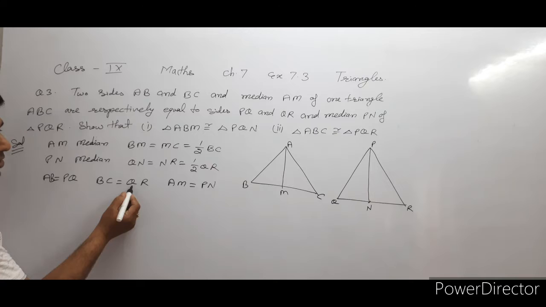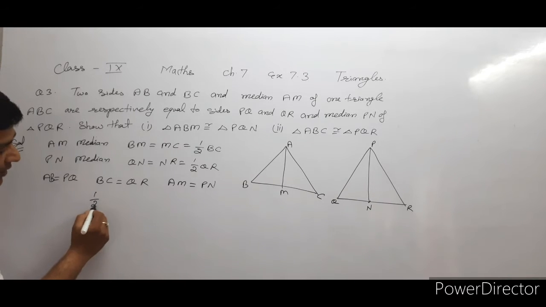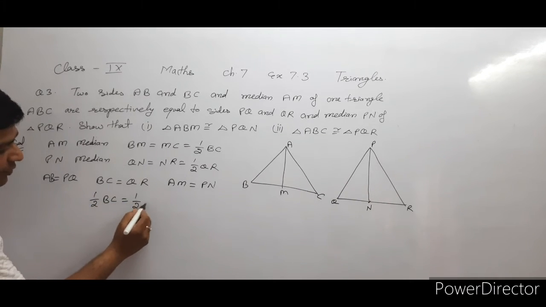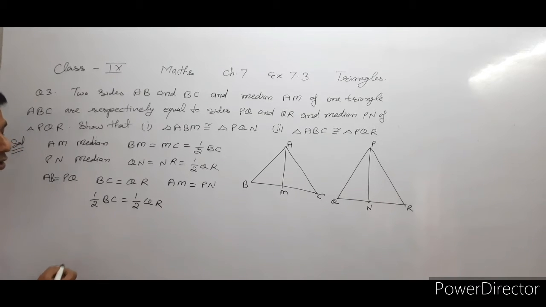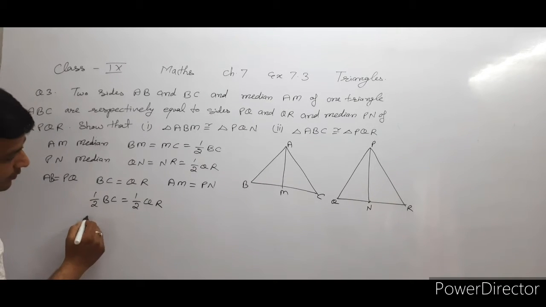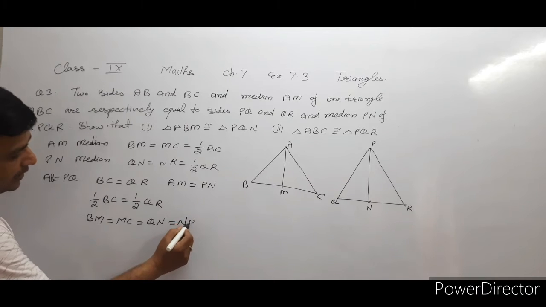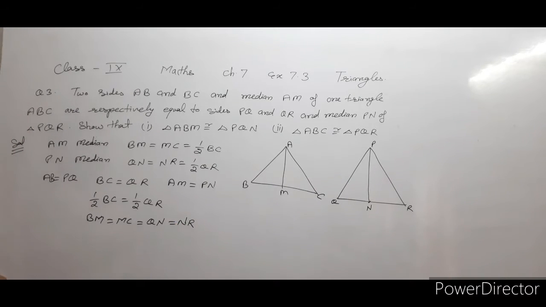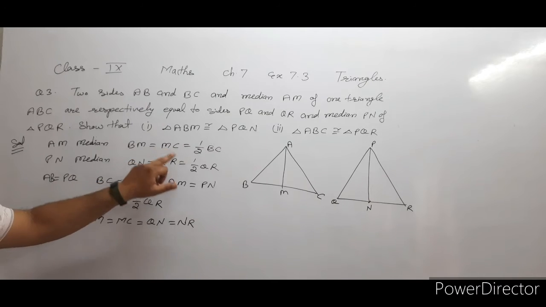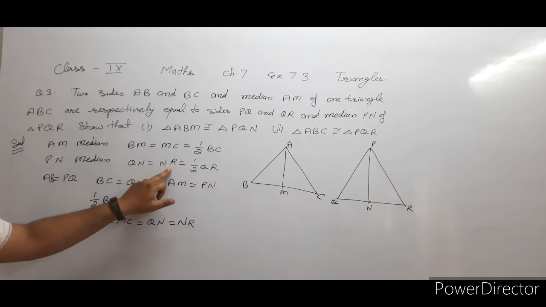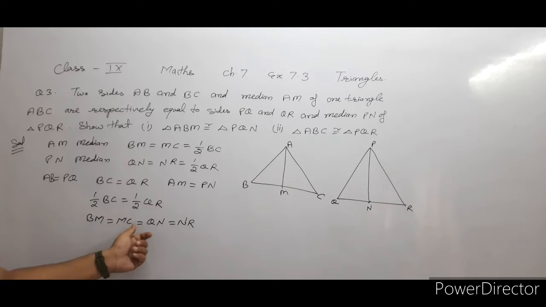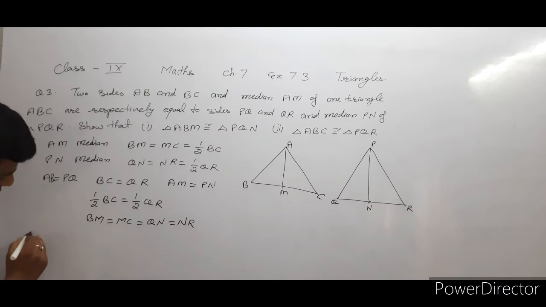These three sides are equal, it's given. If BC is equal to QR, that means half of BC is also equal to half of QR. Or we can write that BM equals MC equals QN equals NR, because half of BC is equal to BM and MC, and half of QR is equal to QN and NR. It's given. Now to prove the first part